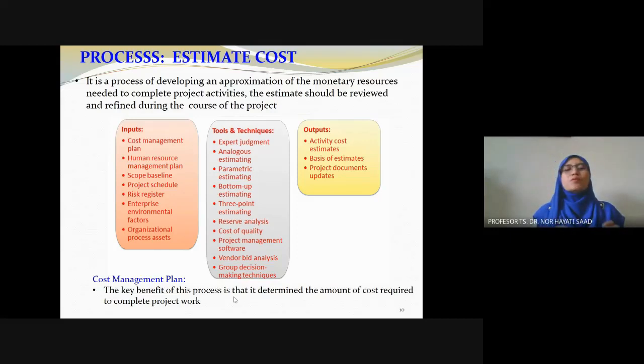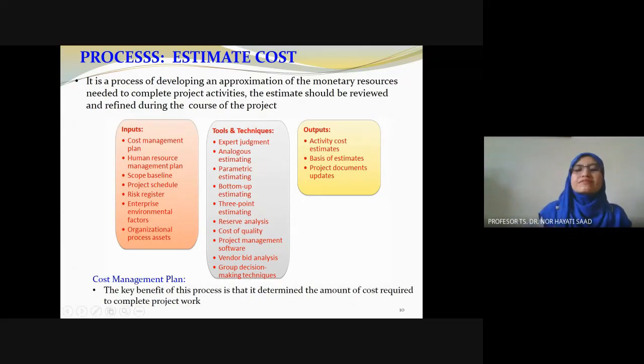We decompose to what we call activities. Up to this stage of the activity, we can calculate every single resource for the activity as detailed as possible. And when we lump it together, we call it a bottom-up estimate. From the bottom, we calculate up to the big one, up to the entire project.